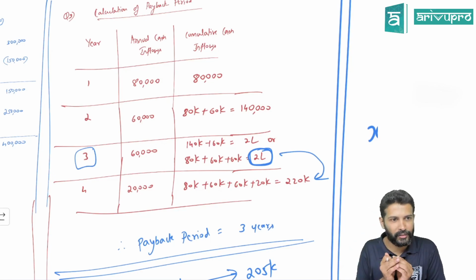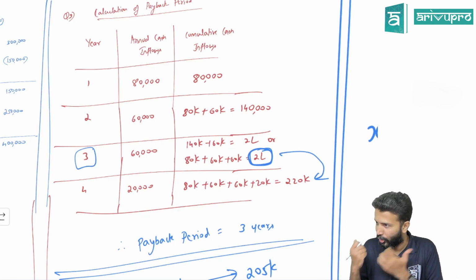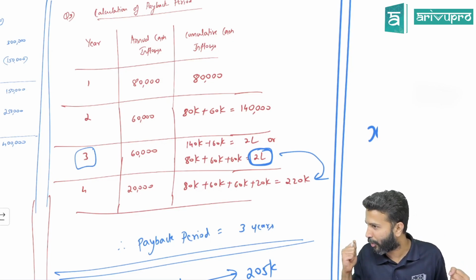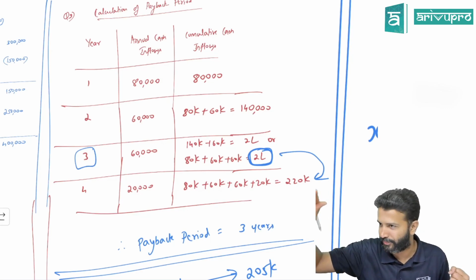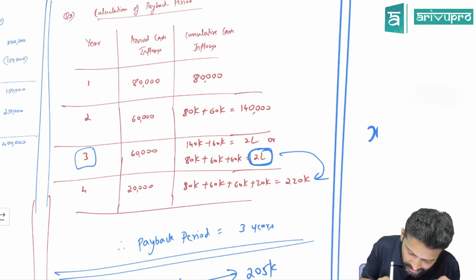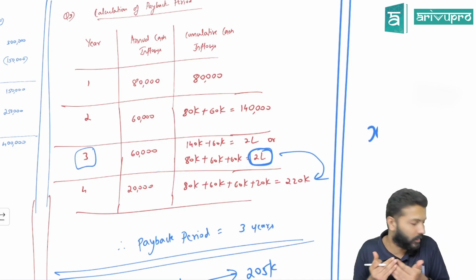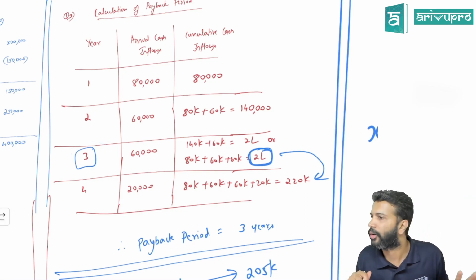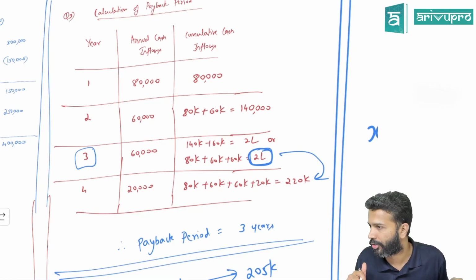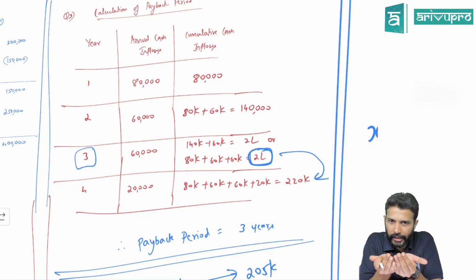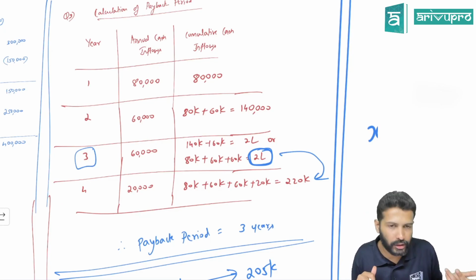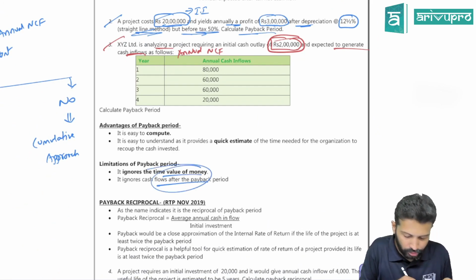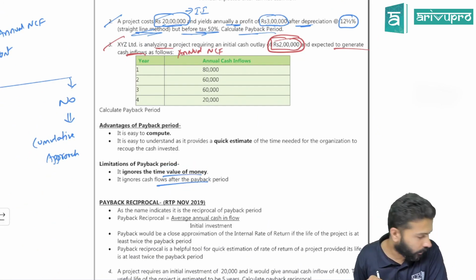Because once you recover all your investment, your cost is covered. Now only you will start feeling comfortable and the josh will come. Because till now you are in the break-even point zone. Now you are going into the margin of safety zone. Correct or no? So does payback period consider the cash flow beyond 3 years in this example? It does not worry about it. That is one of the disadvantages. Any cash flow from the project that you are generating after the payback period is not considered. That is a disadvantage. I've given that: it ignores cash flows after payback period. Advantage, disadvantage over.